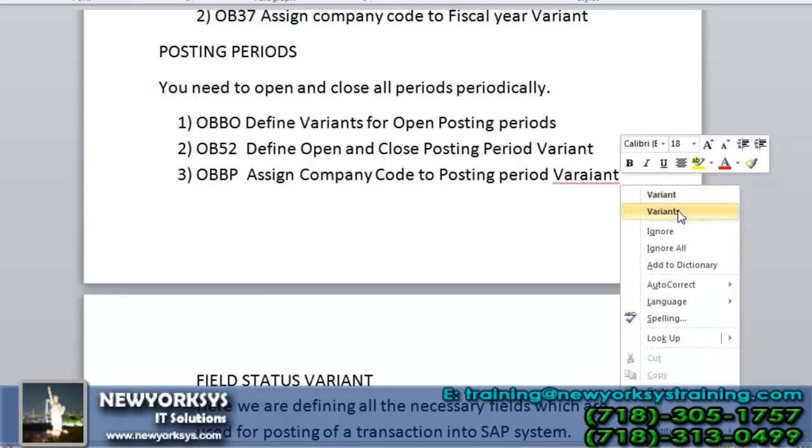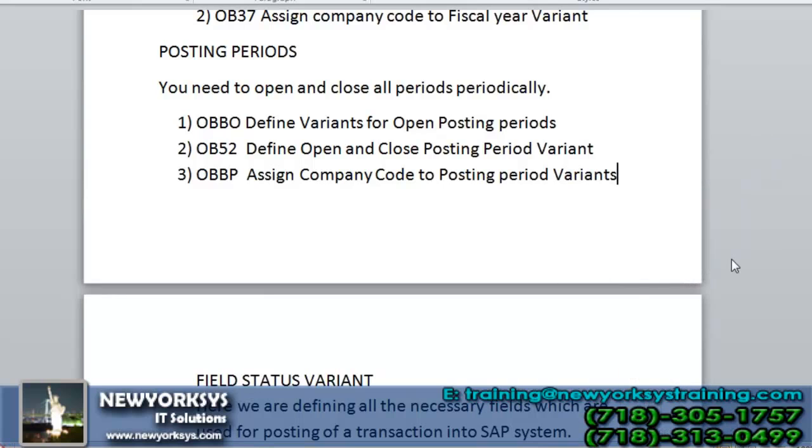See, a scenario is, the end user is the company's end user. He is posting the transactions. His job is to post the business entries into the SAP system. Now, if this particular clerk is allowed to post transactions throughout the year, there is a chance of manipulating the data, right?